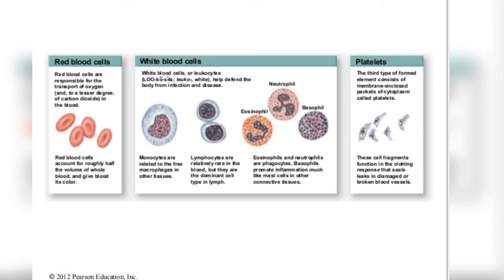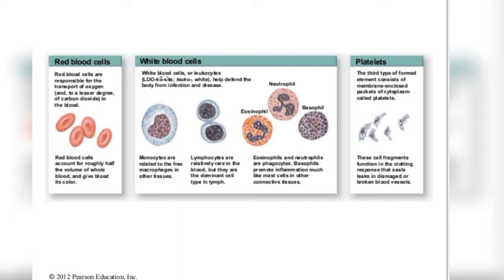First of all, what is the main function of the blood? Blood helps to maintain the continuity of the body, and it contains a fluid matrix which is called plasma. Plasma contains the blood cells, which are RBCs or red blood corpuscles, and WBCs, which are white blood cells or white blood corpuscles, and platelets are also suspended in it.